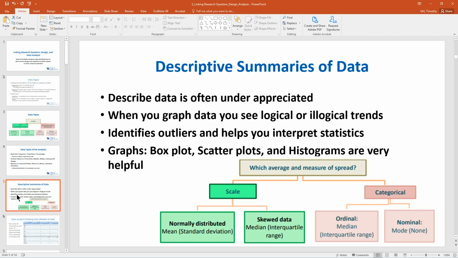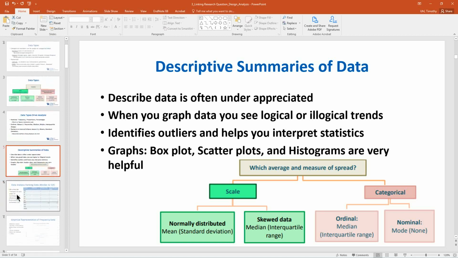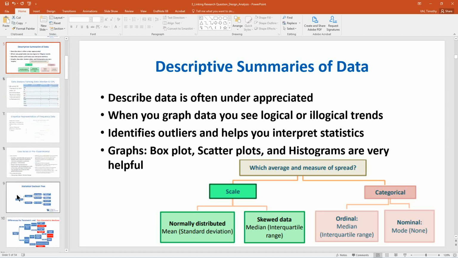Descriptive summaries are great, but we also need to make sure that the data meet a normal distribution. Box plots, or scatter plots for correlational data, and histograms are really helpful for us to see what we think is going on, but eventually we need to confirm that we do or do not have a normal distribution